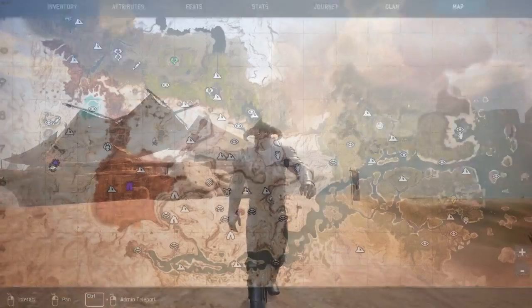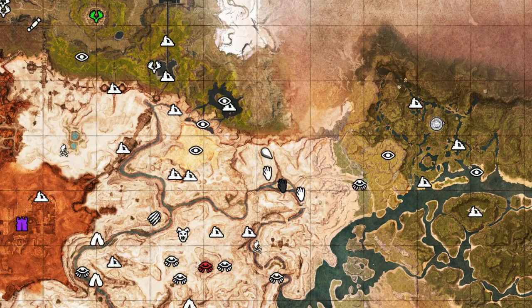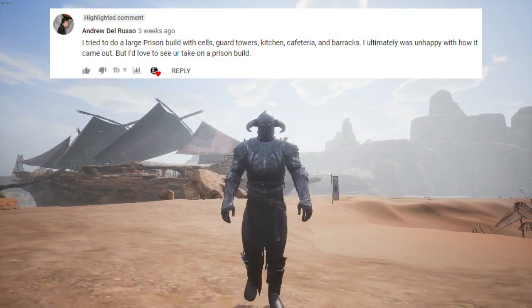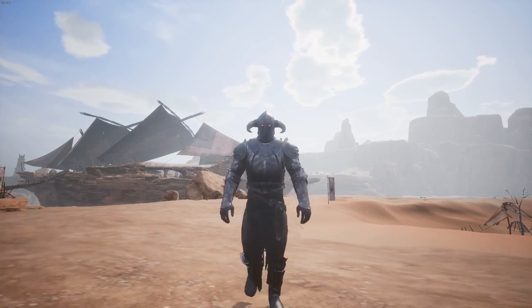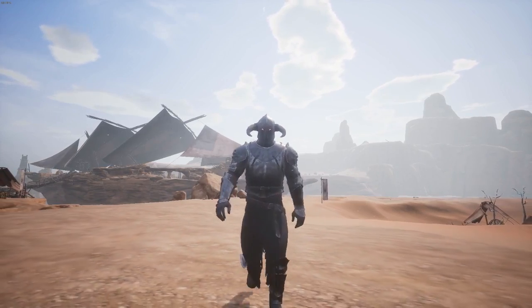Today we are in the northern desert, just north of Marauder's Muster, building a prison. This build was suggested by Andrew Del Russo on my Khitan Jungle Home build video, so thank you for the suggestion. When planning the prison out I thought of a few different designs, but ended up going for a fairly